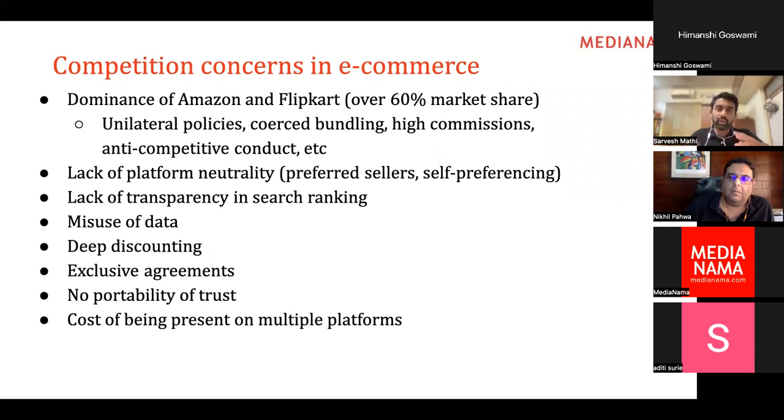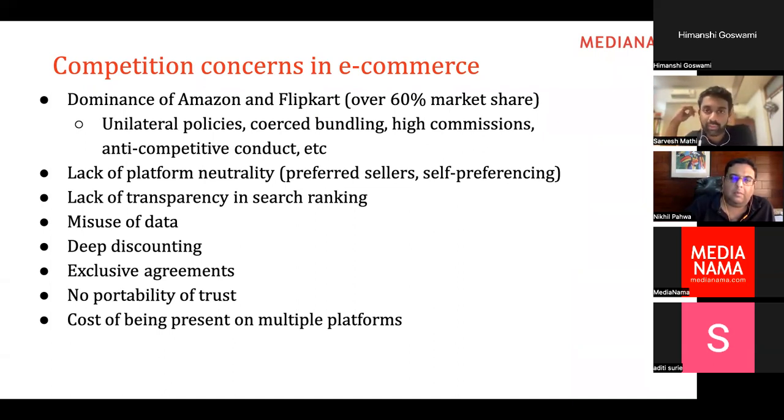So because of this closed loop network effects, they get to unilaterally set policies because they know sellers have nowhere else to go, and they can bundle their services. They say that you have to use our payment processor, then the seller has to use the payment processor offered by Amazon. He cannot go and negotiate for some other payment processor, and they have to pay the commissions that's been asked of them. They have to also tolerate all the other anti-competitive conduct, the alleged anti-competitive conduct, like lack